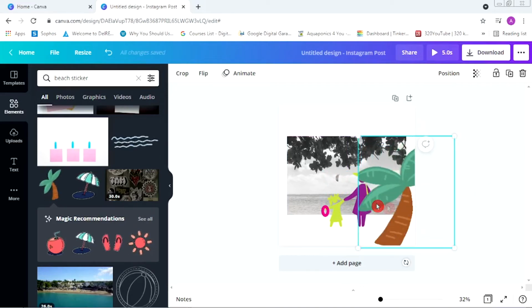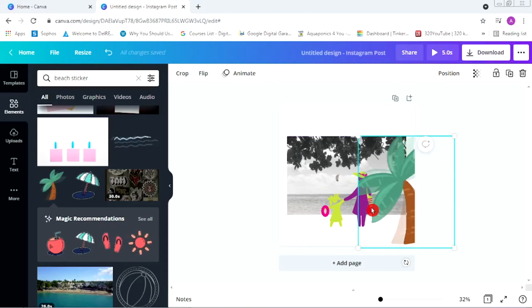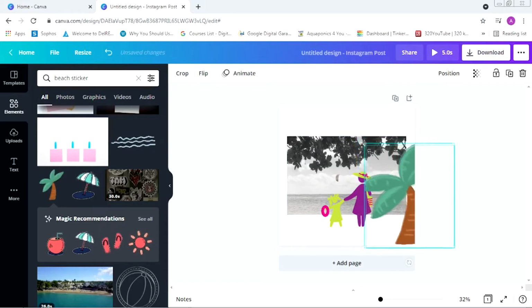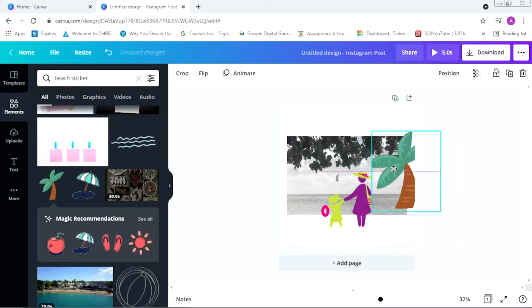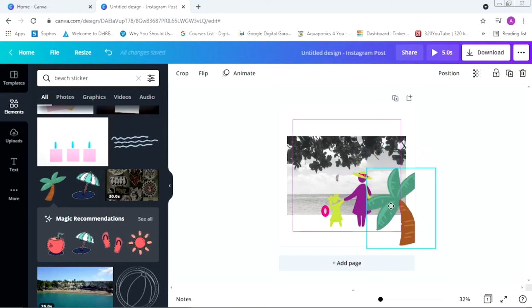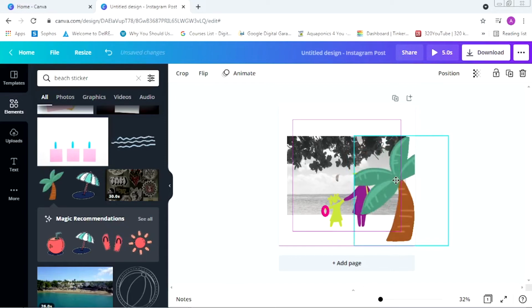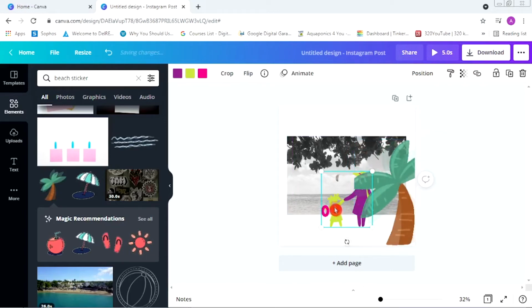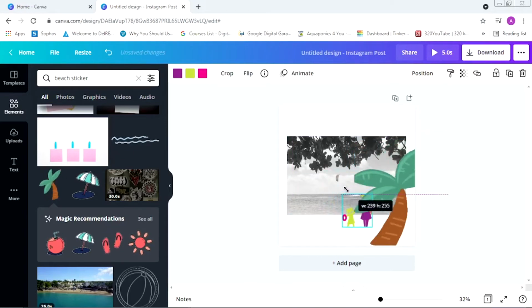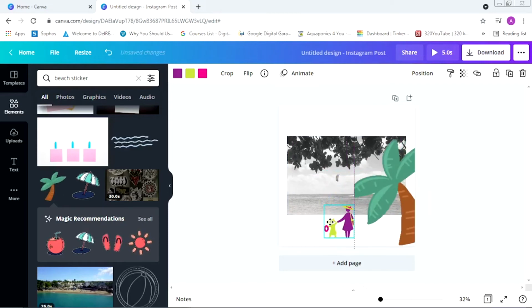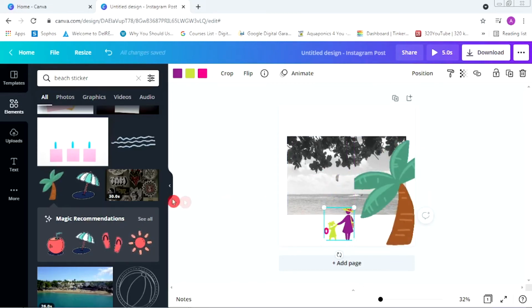Now once the tree is added, or once the sticker is added, we can resize using the same nudges. Let's increase the size, and let's decrease the size of this image so that it becomes a perspective image.